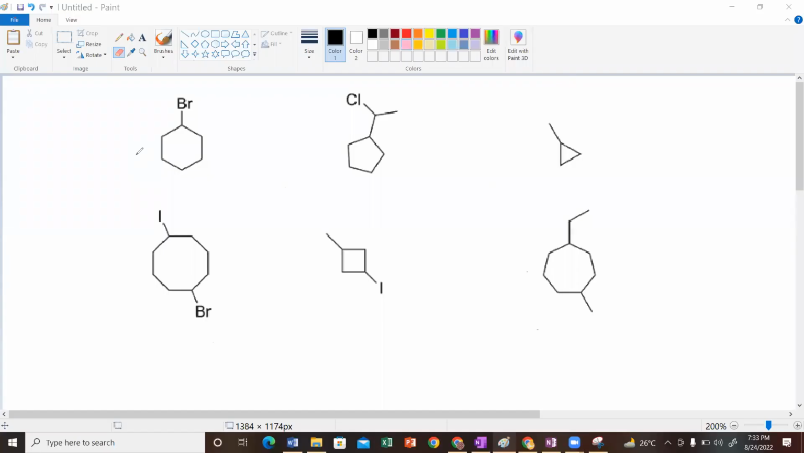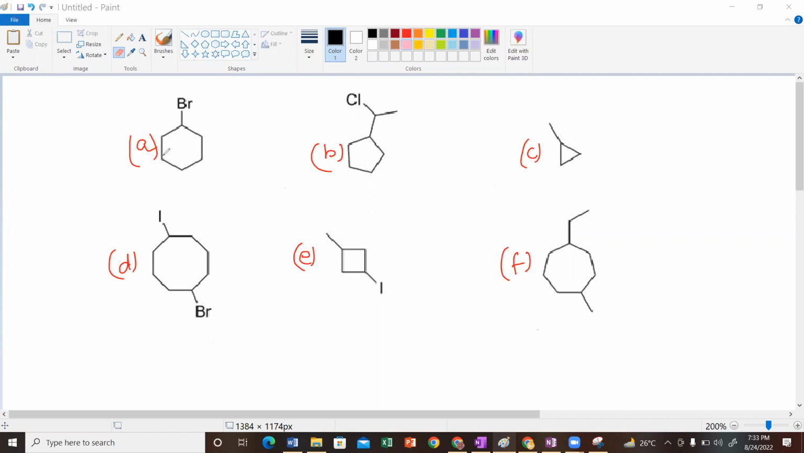Okay, students, so here I have added some more examples for practice. So we are just going to name them. This one is compound A, B, C, D, E, and F respectively, right? So if we name compound A first,